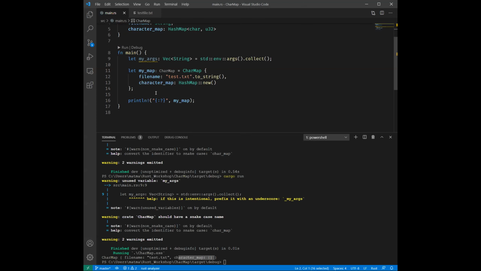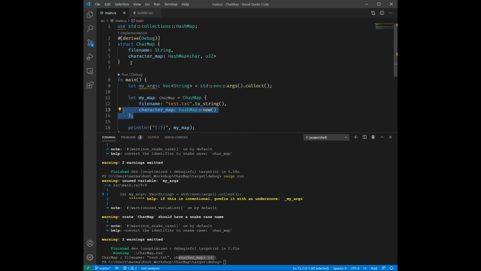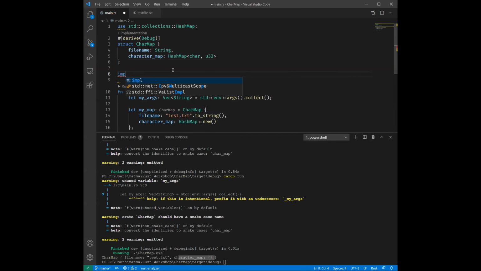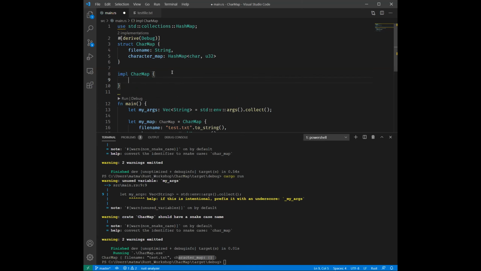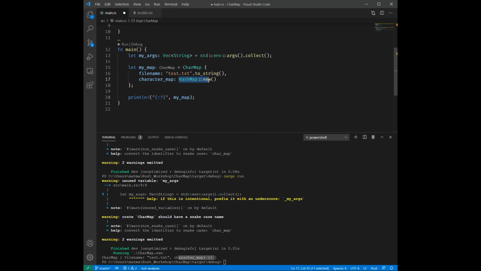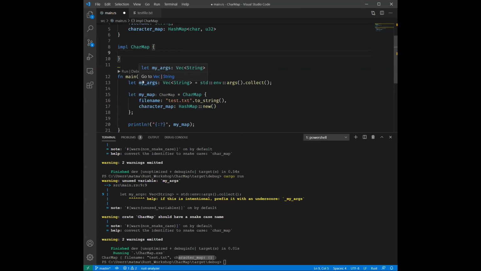So now we're going to actually start implementing stuff on char map. So we make our impl block, and the first thing we want to do is, similar to hash map, I think it's useful to have a new static method here, or an associated function, because there's actually some stuff that I want to do when you construct the char map. I don't want this to just be allocated in memory. One thing that might be nice is, when you try to construct the char map, let's check if that file exists in the first place, because if it doesn't exist, I don't want to do anything with it. So I'm going to comment this out, and I'm going to create a function called new. And what